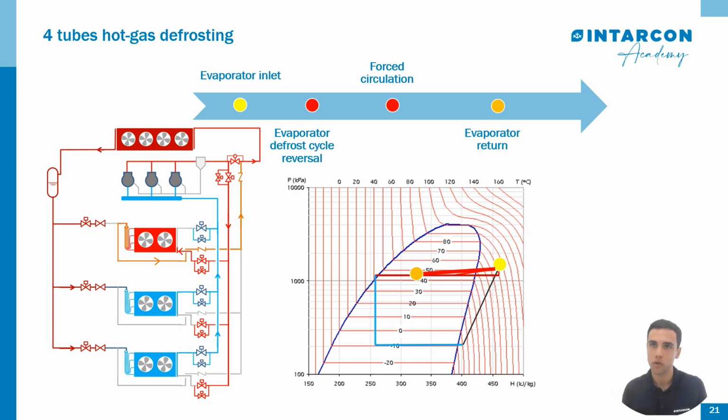The 4-tube hot gas defrost represents an advanced technique that uses cycle reversal in evaporators to optimize frost removal by using the condensing heat from the compressor. Let's look in detail at how it works and its implications. Hot gas introduction. Gas from the discharge line is introduced in the red line of evaporators to be defrosted. Evaporator cycle reversal: by means of a set of valves in the suction and defrost line, the evaporator cycle is reversed.